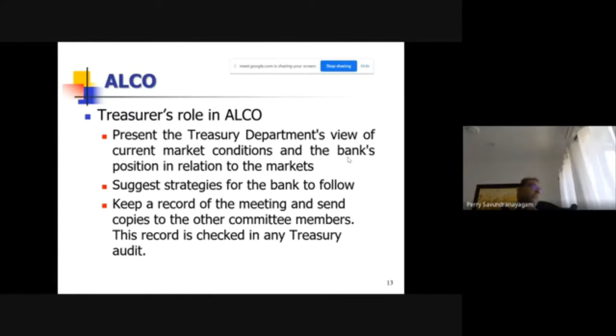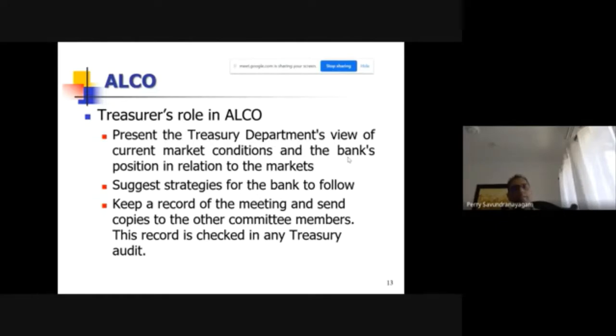basically what the Treasury do, they provide that external view on the rates and what's happening with interest rates, exchange rates, etc. So just say, okay, look, I think interest rates are coming down. My view is that we should try and grow our assets. So I want to invest in Treasury bills, or you guys should be lending more in the corporate lending.